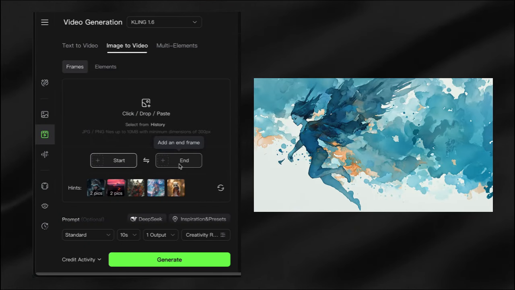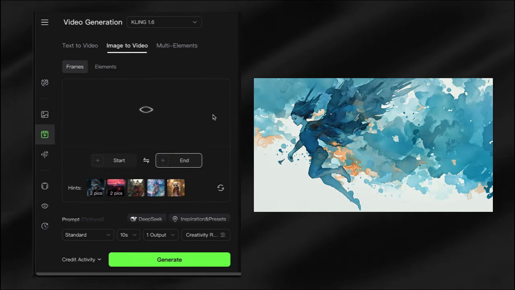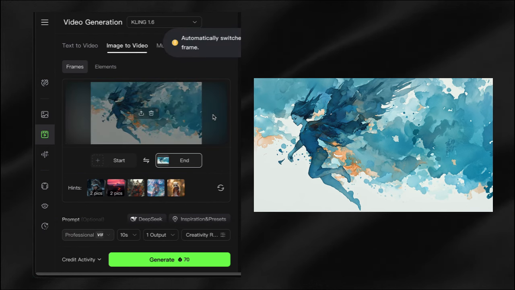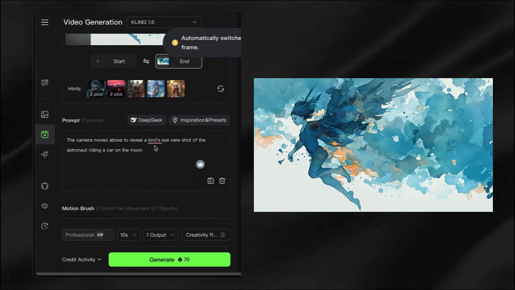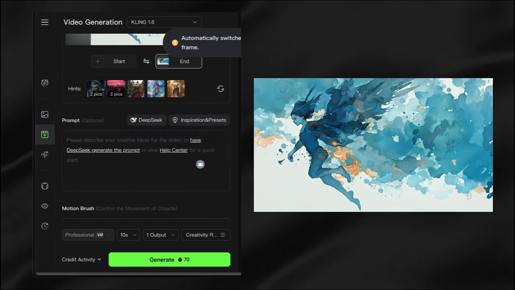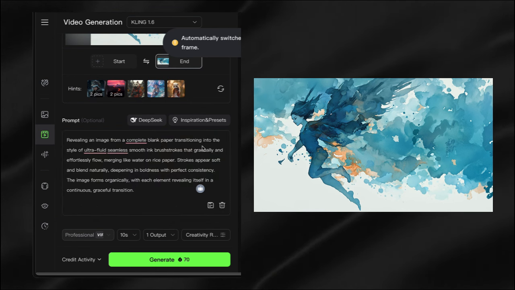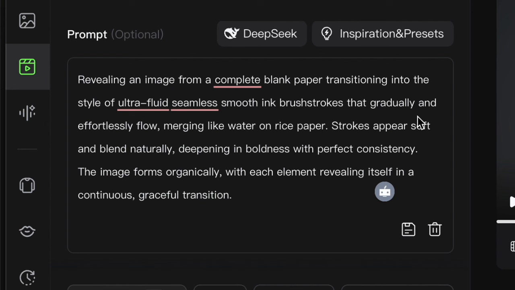Then upload your finished illustration to Kling AI, but set it as the end frame, not the beginning. Why? Because we want to show the creation process, starting from a completely blank white canvas and watching the art magically appear. For the animation prompt, I'm borrowing some serious wisdom from @Halim Al-Rasihi on X, shout out to this genius. Revealing an image from a completely blank paper, transitioning into the style of ultra-fluid, seamless, smooth ink brush strokes